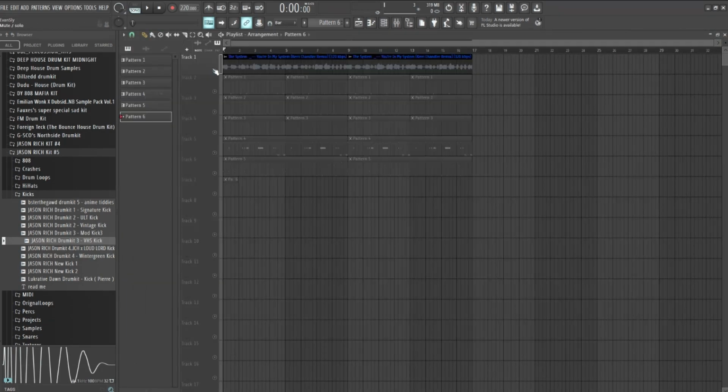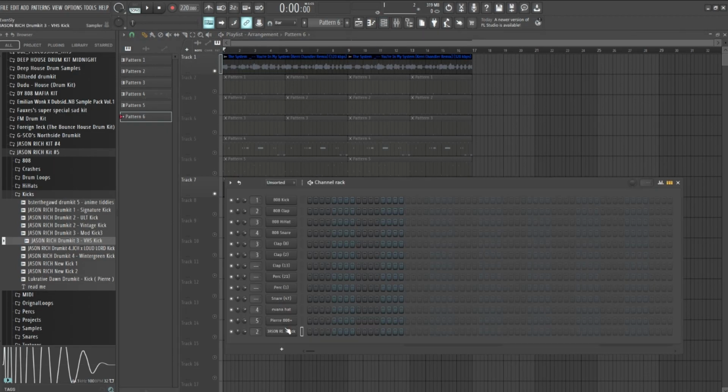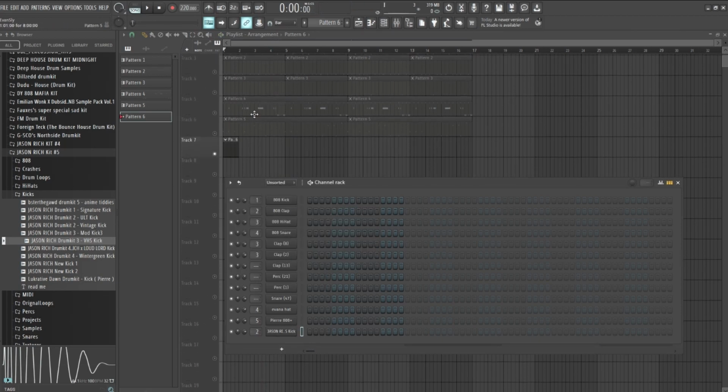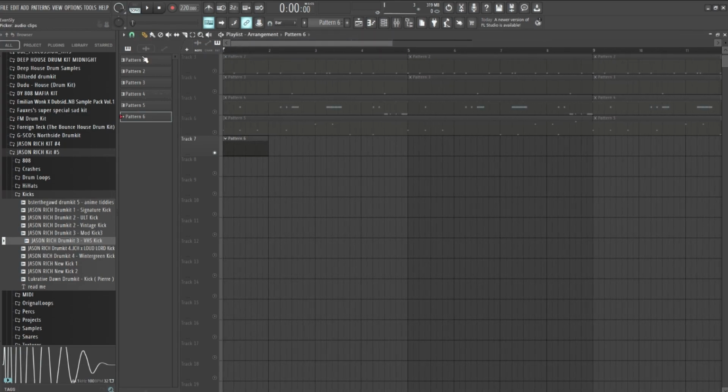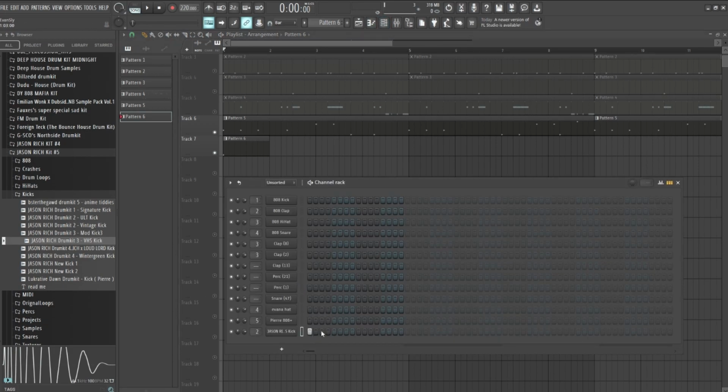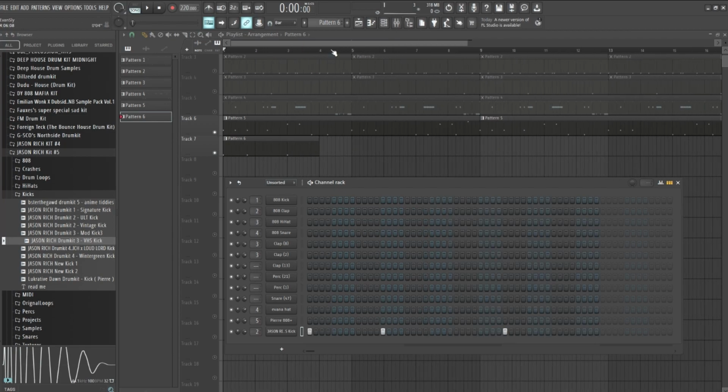So now, if I isolate this, pull out our kick, and now you can hear how that kind of drags it out. And the way that I layer my 808s and kicks is that I try to put kicks on the important measures. So I go boom, 808, boom, which sounds like this. And then I always try to do it on this first measure here. So when that first 808 of the measure comes in,